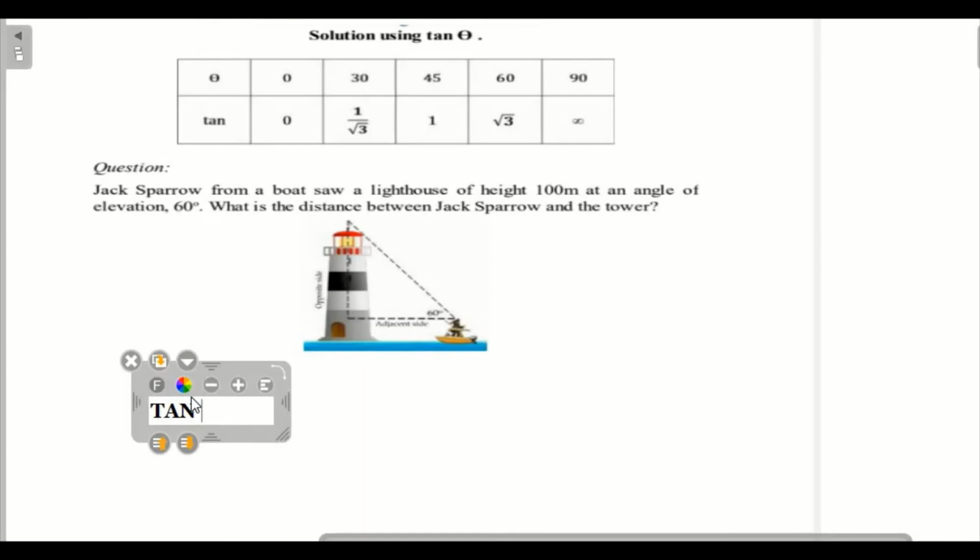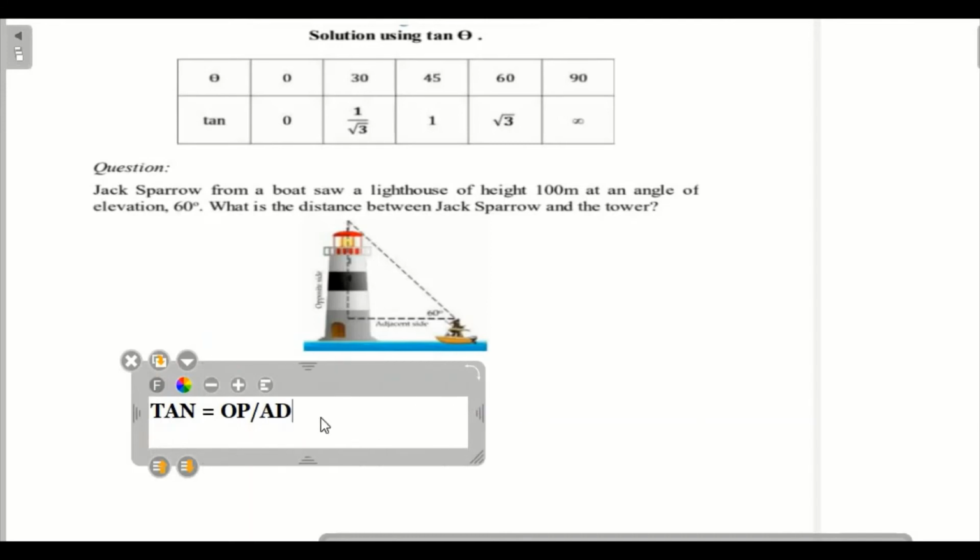So tan theta is equal to opposite by adjacent. So what is the value of opposite? It is 100 by x equal to, we have the tan theta value as